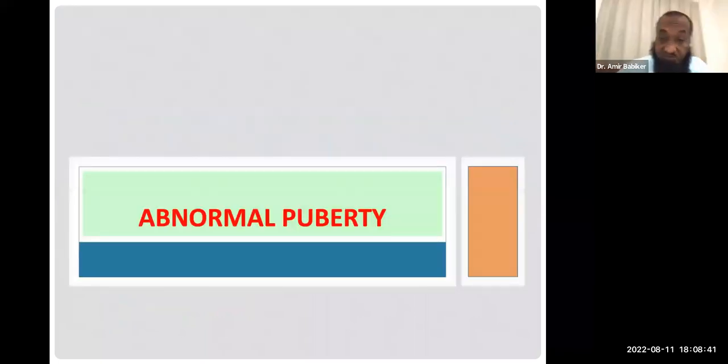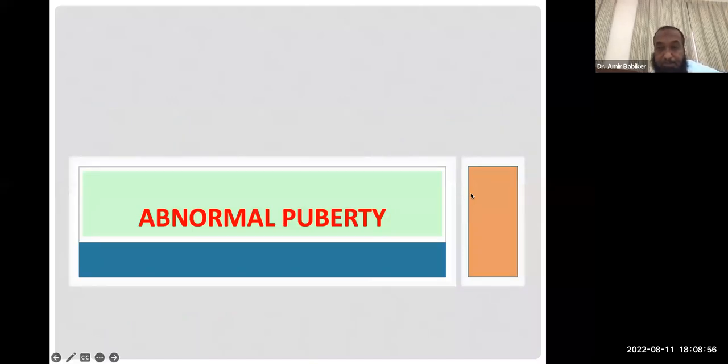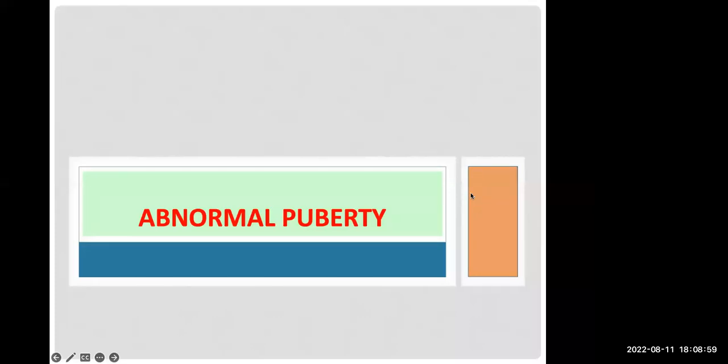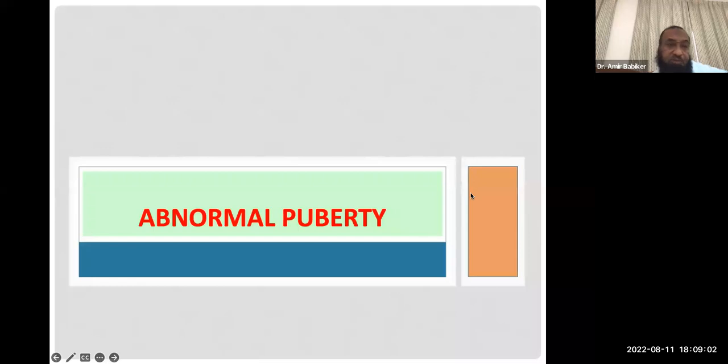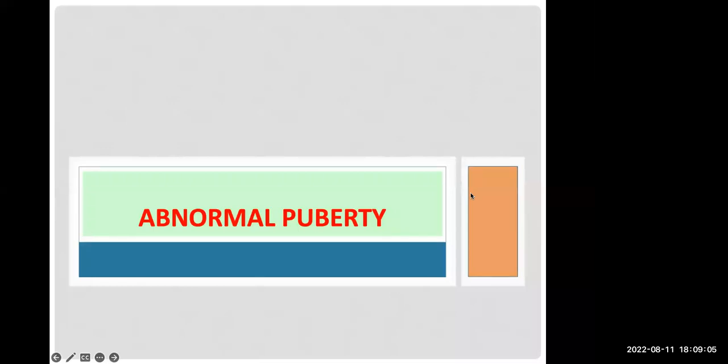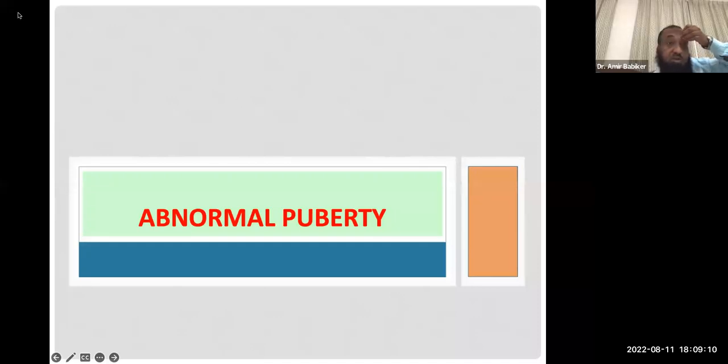طيب we'll move forward ولا في question في الجروث؟ Is that useful to you ولا too advanced الكلام ده؟ They are asking about the answer of the previous question. The previous growth hormone number 3. Growth hormone deficiency. ايوه اوكي they are saying very useful. Very useful. Thank you. أنا شايفين ال contribution بتاعه ممتاز. طيب growth hormone deficiency قلنا لأنه we ruled out ال other endocrinopathy اللي هي لأنه في normal intelligence. ممتاز كده؟ طيب let us proceed to abnormal puberty.